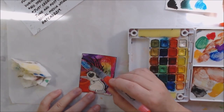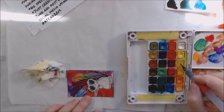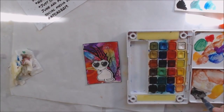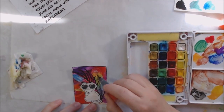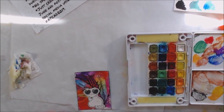They're beautiful on their own, but they could not stand up to the background. Background was too bright. So I needed to give them a little zhuzh so that they could brighten up a little bit and feel like they could stand up to that bright background. So then I add a little bit of shadow with the black watercolor. And then I decide the cat's looking too